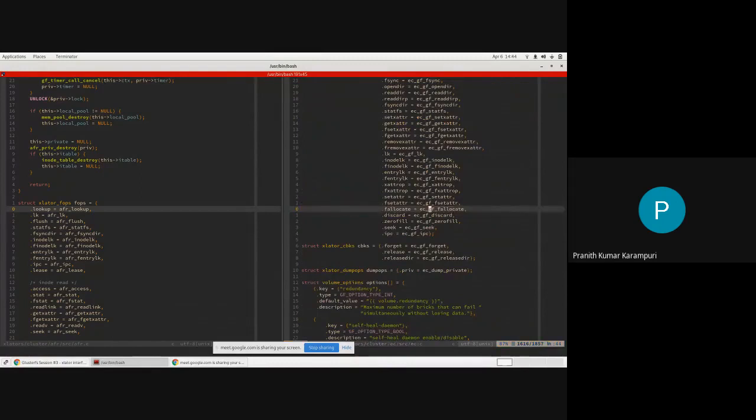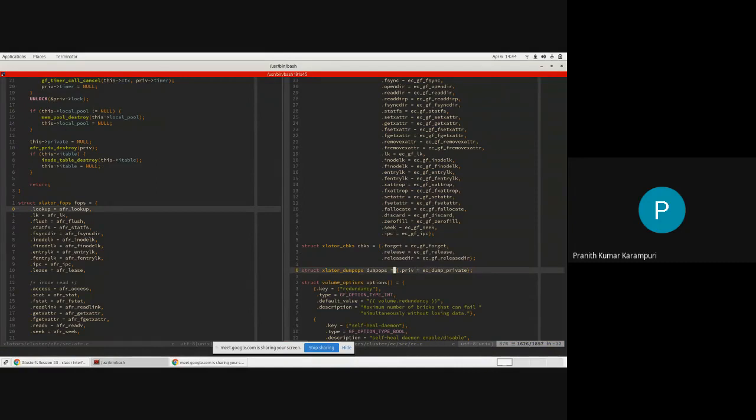So that is how we have to implement the file operations. Similarly, the callbacks are related to resource management. In GlusterFS, we have inodes and file descriptors, for which when the last reference on the inode or the file descriptor is released, it will call these callbacks.